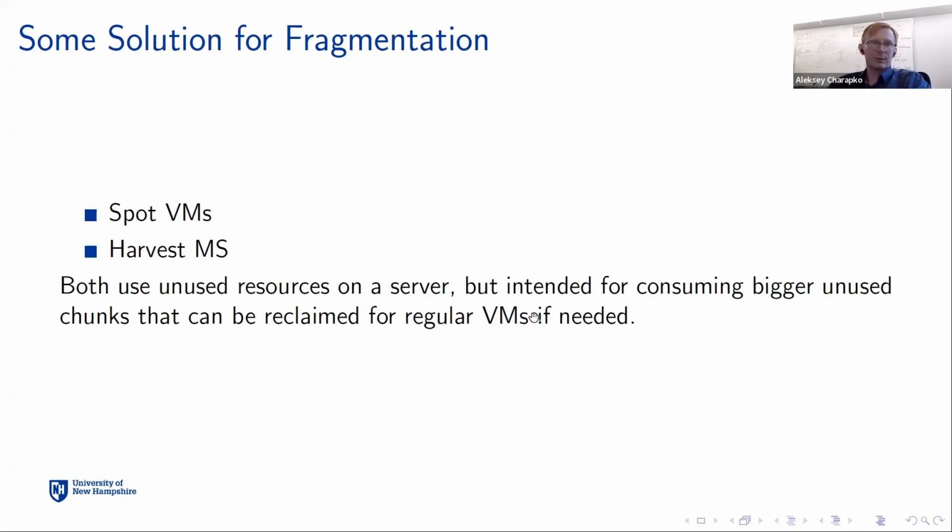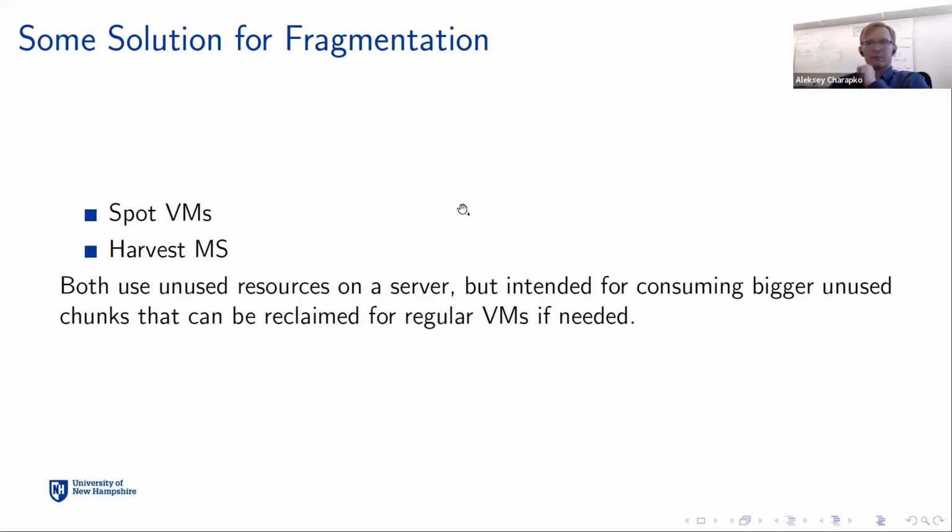This is actually where I have a little bit of a problem with the motivation, because in my mind, spot virtual machines solve a very different problem, and the same goes for harvest virtual machines. If you can create a spot virtual machine, you have a decently big chunk of unused resources on some server. So the problem that spot VMs solve is not that we have fragmented resources that we cannot use. The spot VM can be evicted if someone is willing to pay for the same VM at full price. The cloud provider can evict that spot virtual machine and place the same virtual machine at the higher cost on the same server. So, not quite fragmented. Very usable resources are being taken by the spot VMs and harvest VMs. But anyway,